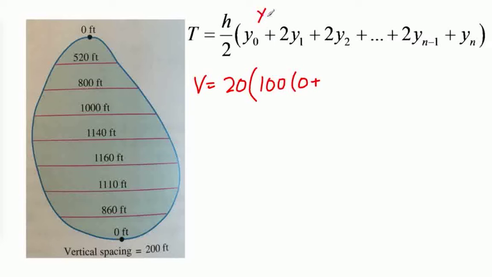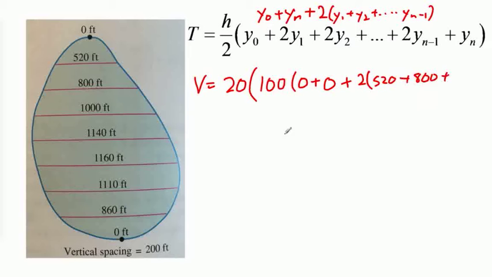Instead of doing y naught plus 2y1, 2y2, I'm going to do y naught, then plus yn, so my last one. Then I'm going to take 2 and factor it out of y1 plus y2 plus and so on, and it just makes my math easier. So what we end up getting is my first plus my last, which is going to be 0, then plus 2 multiplied by all of these ones together. So it's going to be 520 plus 800 plus 1,000